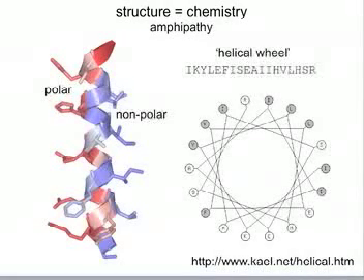Another way that we can represent this sort of amphipathy is using something called a helical wheel. And I give you a website here. This is a website of an old colleague of mine, Cale Fisher. He has a little program for designing sequences that adopt this amphipathic character. And what we see here is we can follow the amino acid chain through a helix, and you can see now where the 3.6 residues per turn comes from, if you're careful about following your residues through. But what he does is color-code according to chemistry,